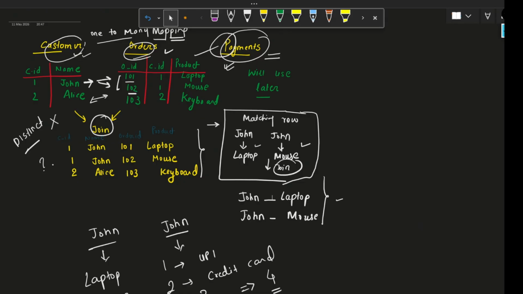In real production systems, this mistake is actually dangerous. Bad joins can silently double revenues, inflate customer counts, or completely break the dashboards. The next time a join creates duplicate rows, don't immediately blame SQL. First, ask how many matches exist between these tables, because join problems are usually relationship problems.